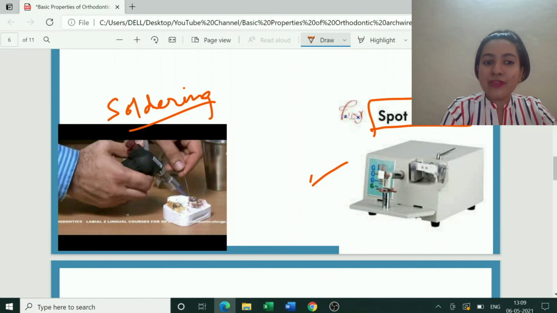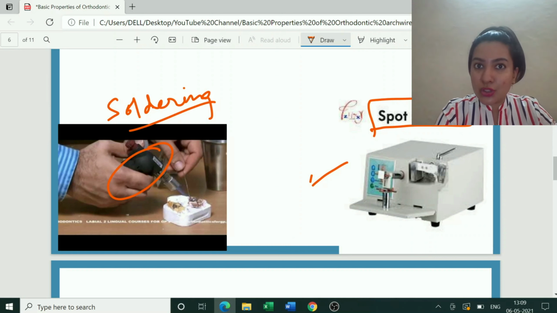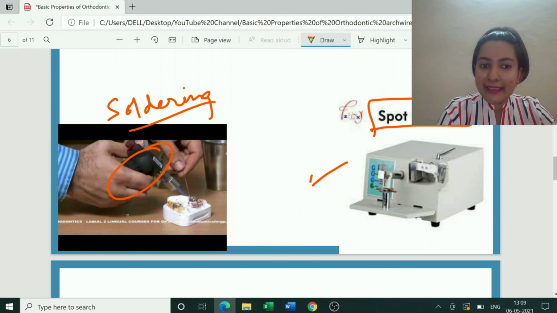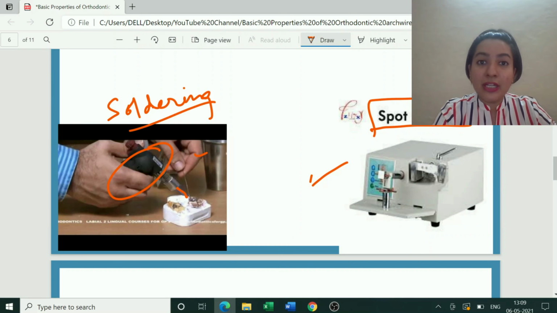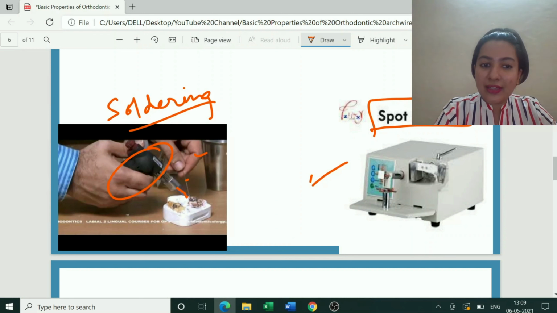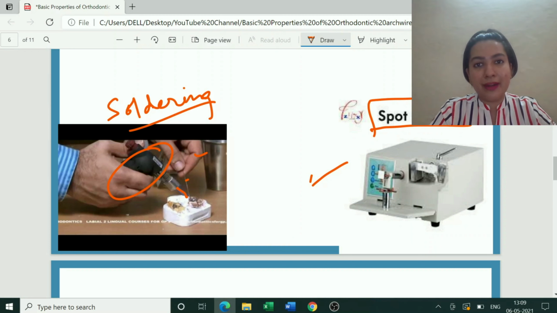Similarly, for soldering we have special soldering torches. Do you see what this person is holding? It's a gas torch. In the right hand, we hold the gas torch and apply heat. This flame must be visible. And in the left hand, we hold the filler material which has to be used to join the two parent materials. The two parent metals have to be joined with the help of filler. So this is a filler and it is heated with the help of a gas torch. It is heated and filled in between the two parent metals.